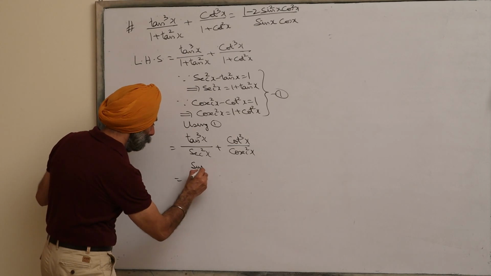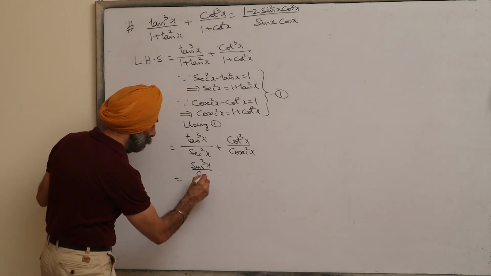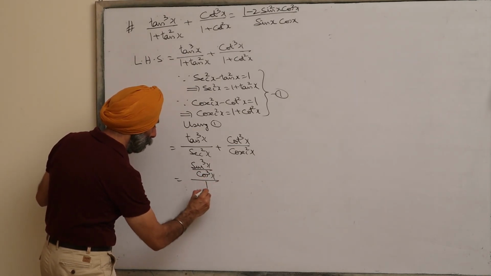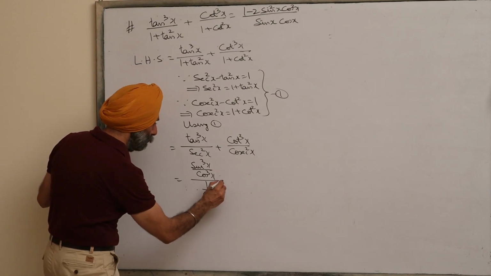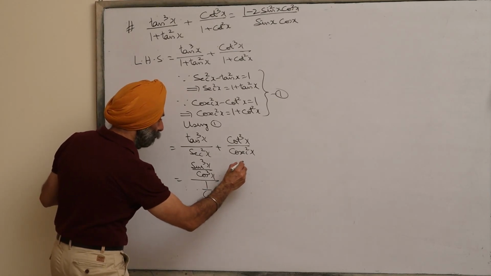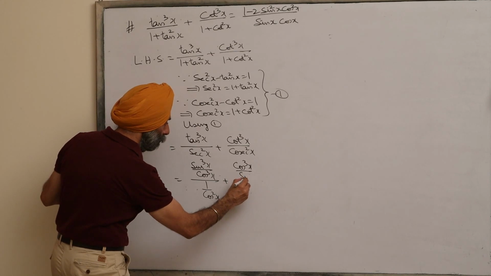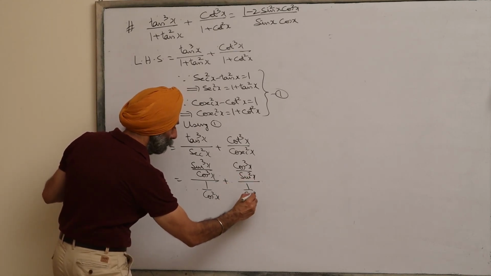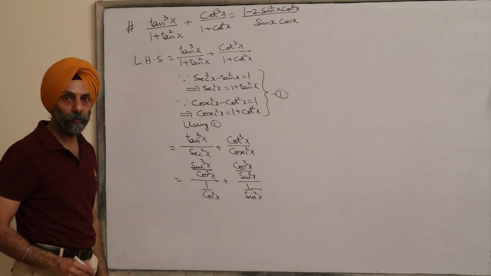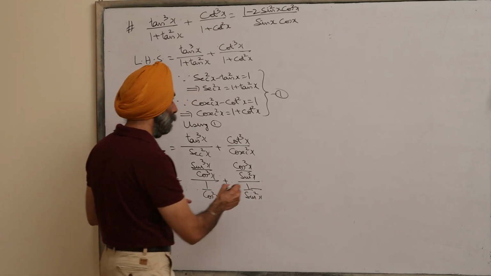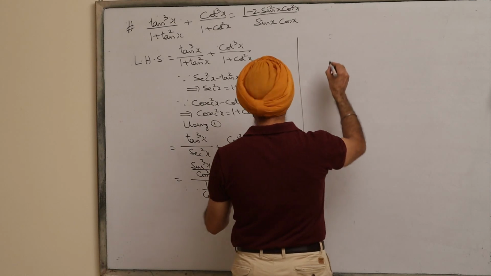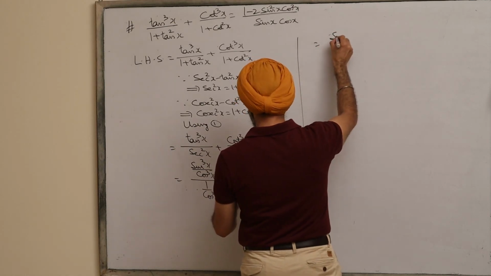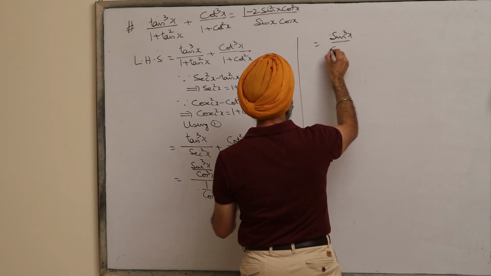Tan cube x is sine cube x upon cos cube x upon 1 over cos square x plus cos cube x upon sine cube x upon 1 upon sine square x. So if you simplify this, you can see from here it will come out to be sine cube x upon